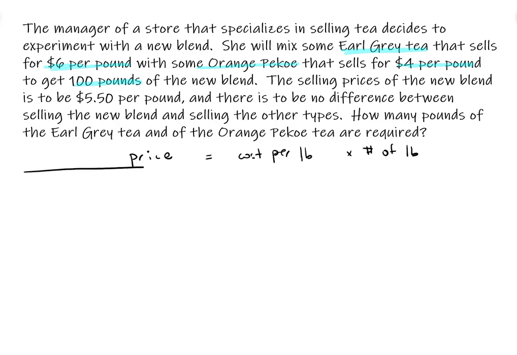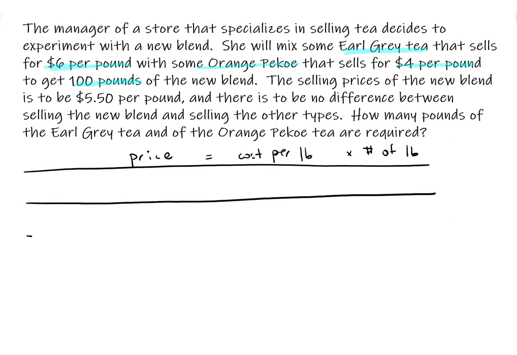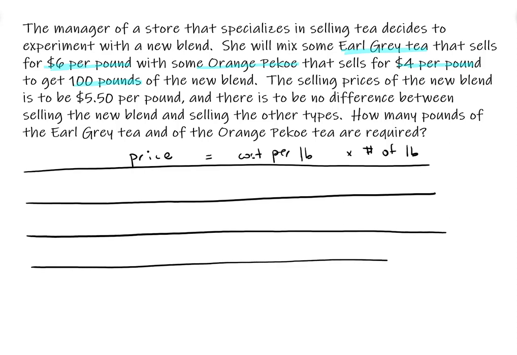Alright, so that's going to be our formula that we're using. I have two different types of tea that I want to combine. I need the two lines for the two different types of tea, and then I want to combine them, so I want to use a third line for total. We're going to put those names in here. Earl Grey, you can use initials or whatever you want. We have Orange Pekoe,